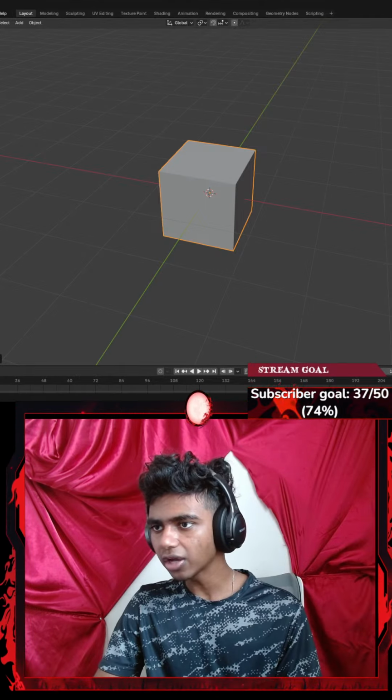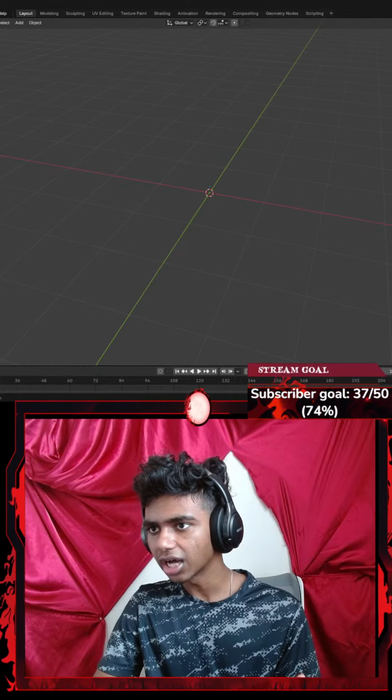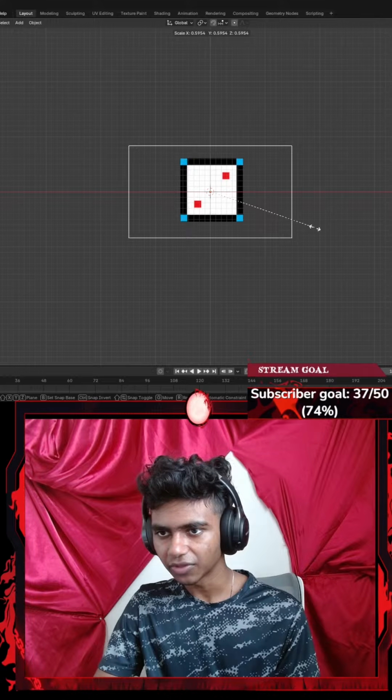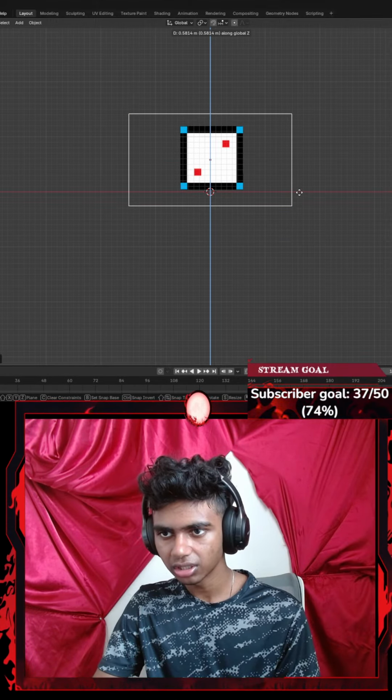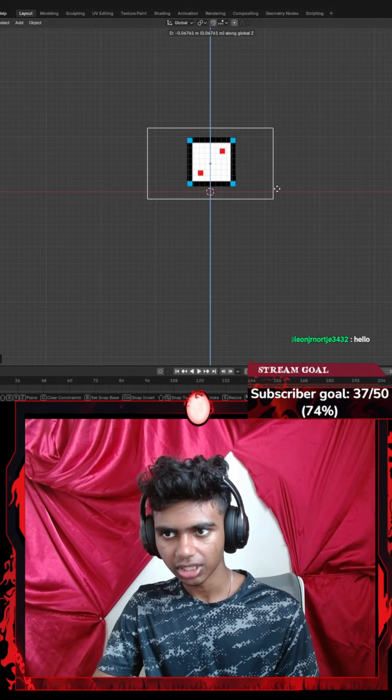Okay, hold up guys. Maybe I go ahead and delete this real quick. Give me a sec guys. Let's go with delete. I'm going to go to my y-axis. Go with A and hit S. Get that a bit higher, using G Z, because I want my dice to be a little smaller. Go with G Z. Get that a bit lower.